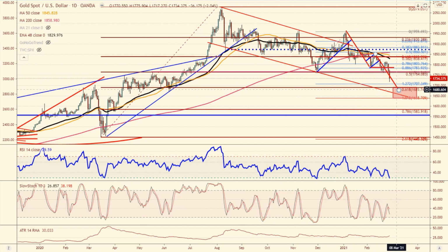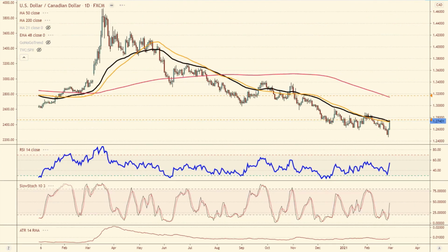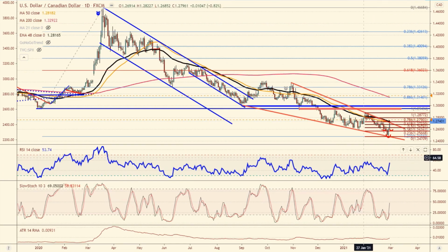Again, the point I'm trying to make here is there are things that I was looking at that would suggest that we would turn. So it's not just the Aussie that we looked at earlier at the 80 cent level. I mean, you look at the dollar Canadian. This is the chart of the day from,